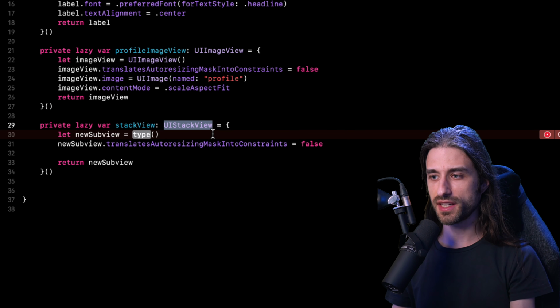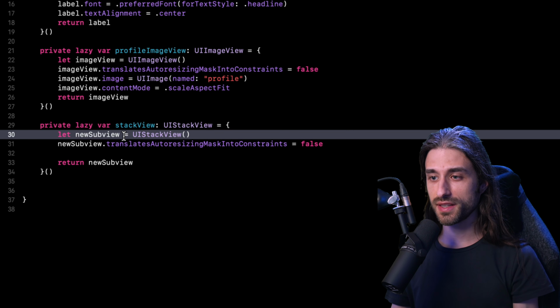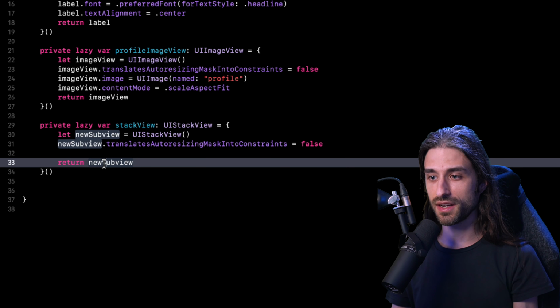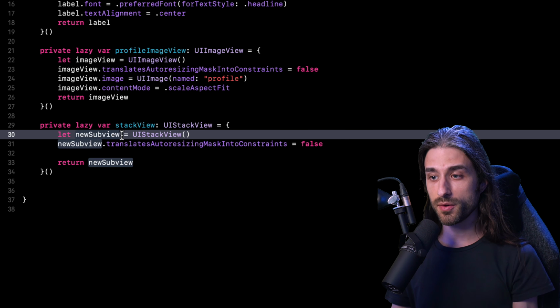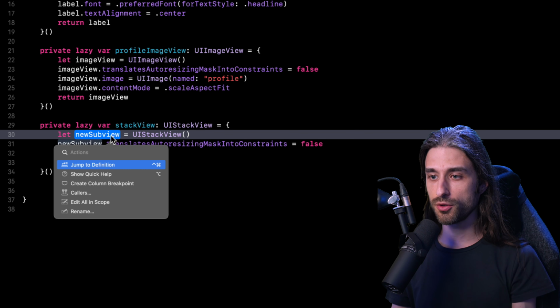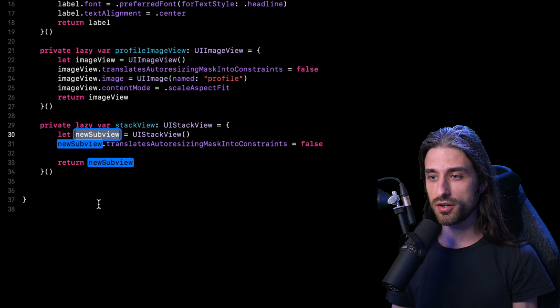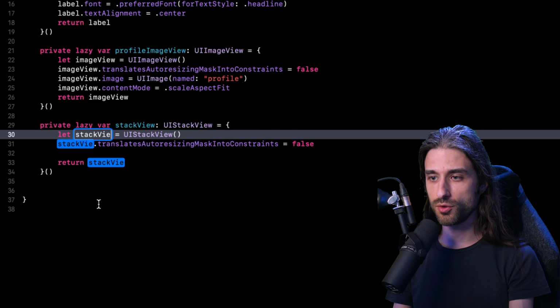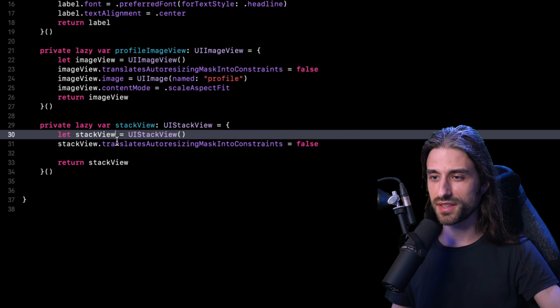Here, I don't think it's that much of an issue because we just have to copy the name of the type, select the other placeholder and paste it. But now you understand why I didn't create a placeholder for the local variable, because if I had, I would have had to set a value for it three times, here, here, and here. And of course, this is not efficient. There is actually a better way to proceed here, which is just to command click on the local variable, select Edit All in Scope, and set the correct name, which is going to be stackView. And so now you understand why I haven't been using a placeholder for these instances.